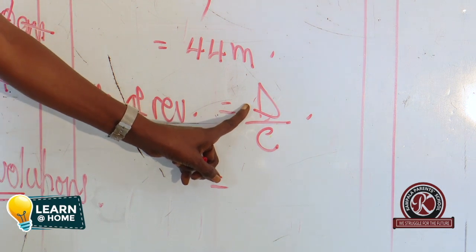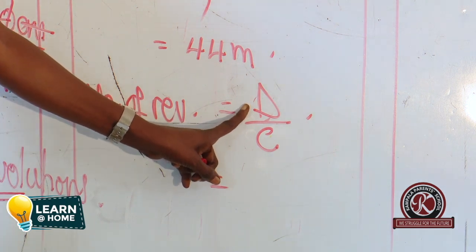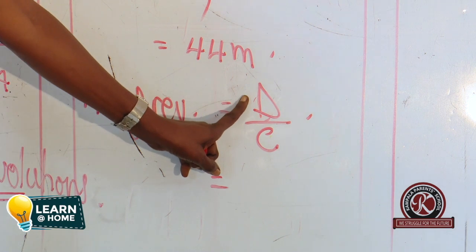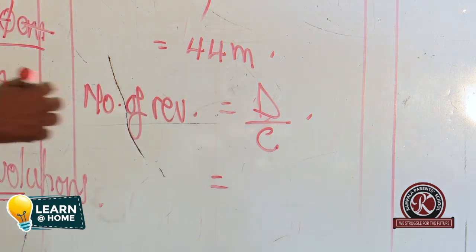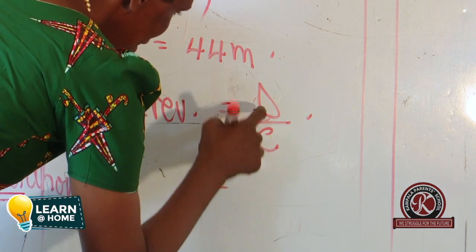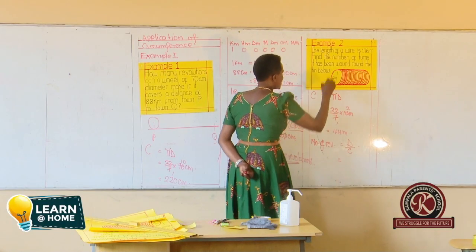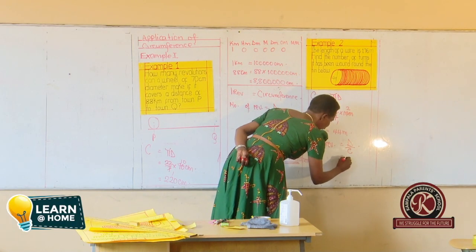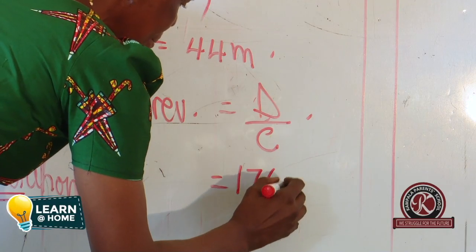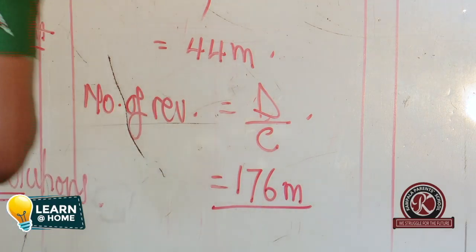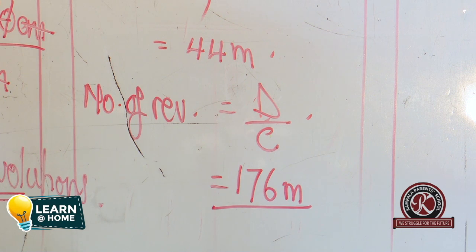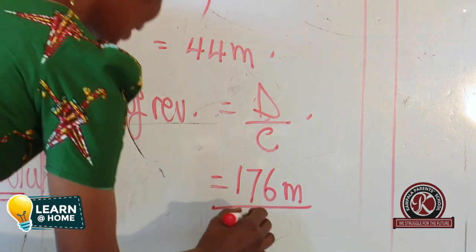The distance, which is the length of the wire. I can even write here L. Divide by what? The circumference. So what is the length of the wire, which is the distance we are talking about? It is 176 meters out of, good, out of